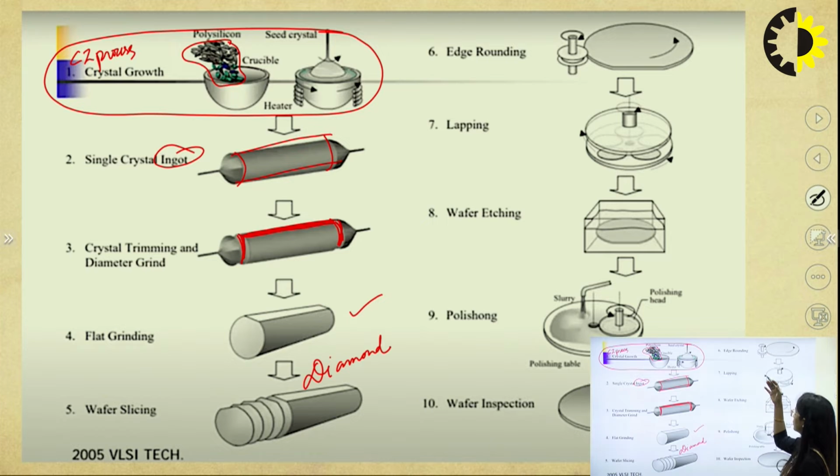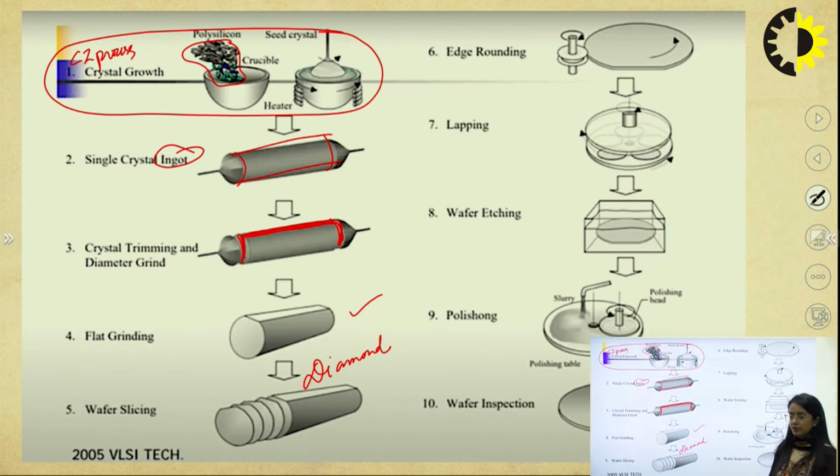Here we are doing edge rounding. Edge rounding is done across the periphery. Then we are doing the lapping. On this lapping, we do it on the top and the bottom of the wafer so as to maintain the